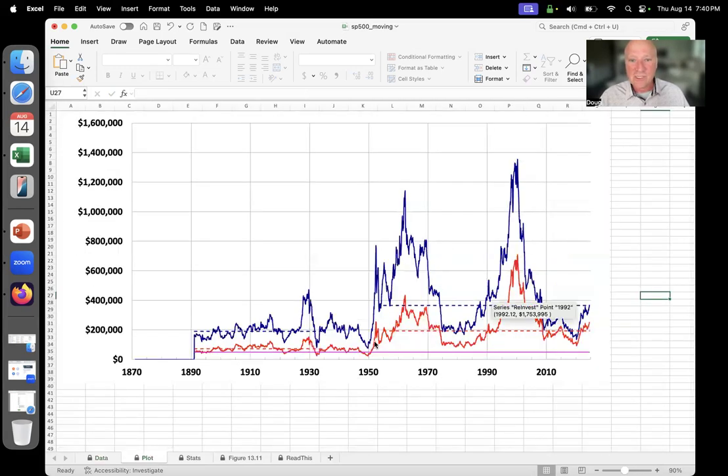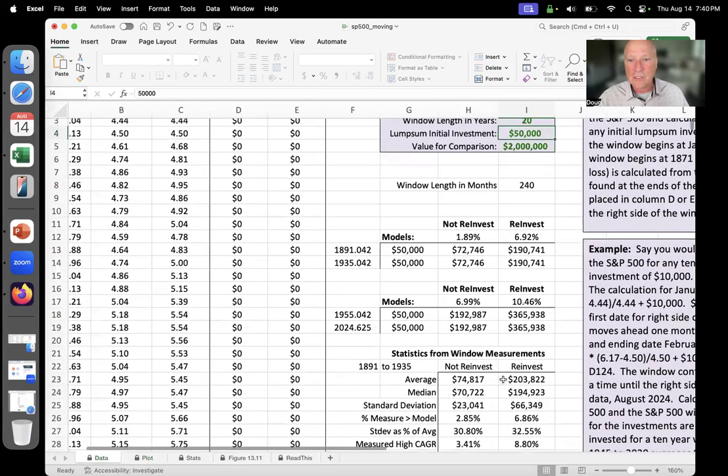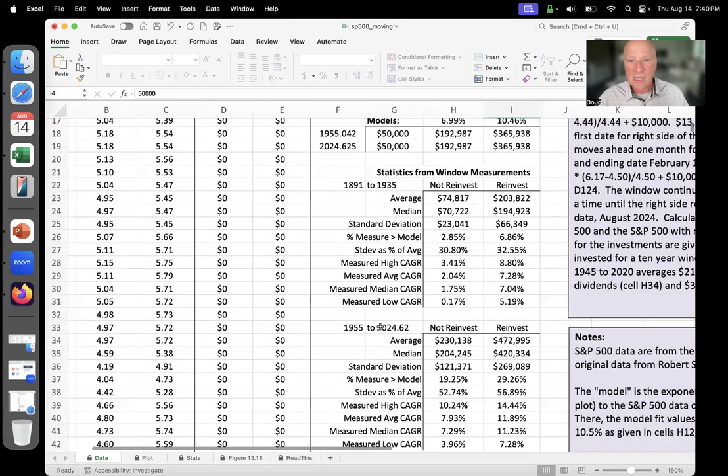Well, here you can visually see the data isn't quite normally distributed. We got a couple of spikes here, and that's kind of a little outside of being normally distributed, but we're just going to bear with that. But the thing you're seeing already is these blue values in through here. They're what, 4 to 600,000? They're not millions of dollars, they're hundreds of thousands. Let's see what the average value is for that investment for the time frame we're talking about. In this case, 20 years after 1935, that's 1955 to 2024 and a half,